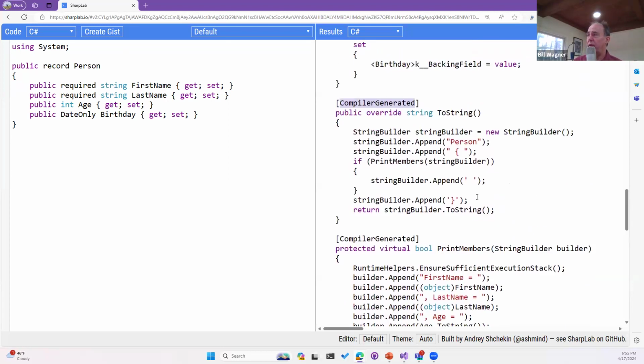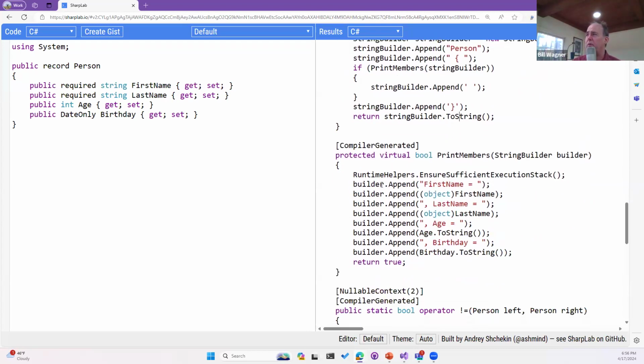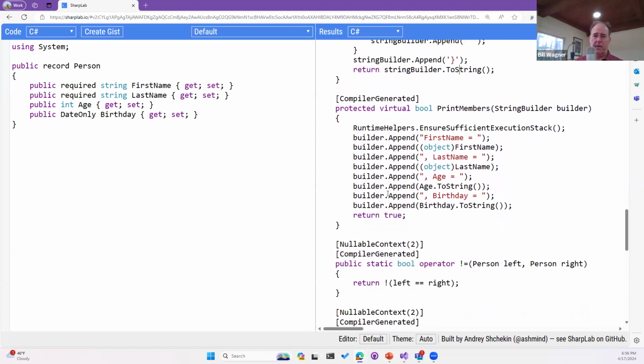So I have an override of ToString that looks a little bit complicated. It's going to make a new StringBuilder. It's going to say it's a person. I'm going to put an opening brace here. Then it's going to call this method called PrintMembers with the StringBuilder, then append a space, then append that closing brace, and then return StringBuilder.ToString. So what does PrintMembers do? Well, PrintMembers,